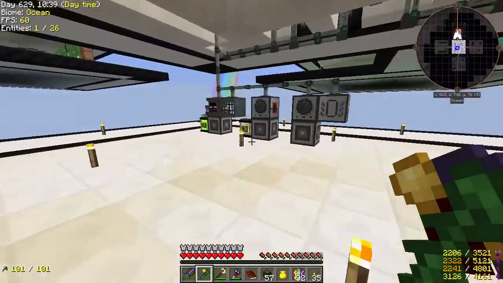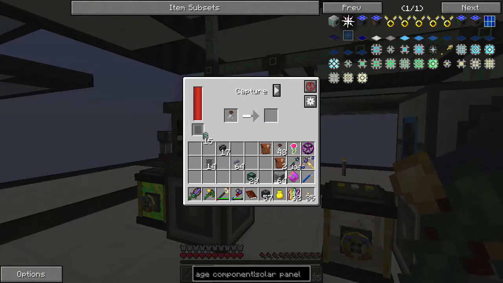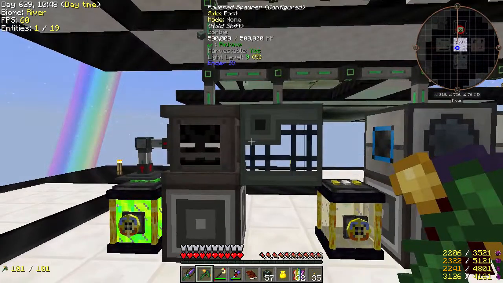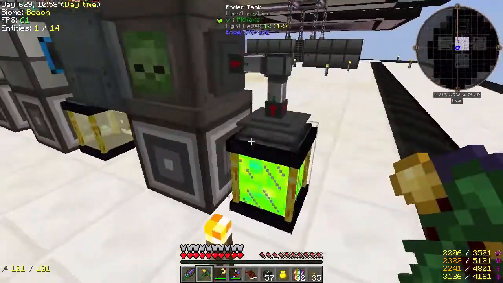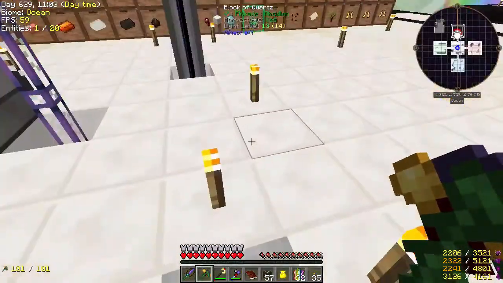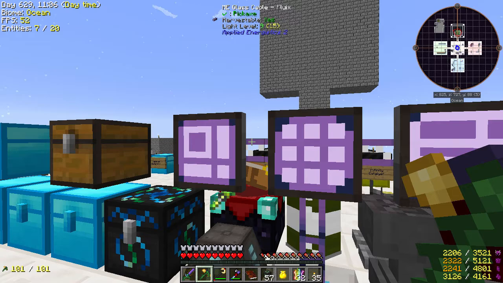Let's grab a few of these capacitors. Oops, wrong floor. One for this guy, one for this. Yeah, so two soul vials will be plenty enough. Alright, so with that one done, let's see what all we can do. So we're gonna want